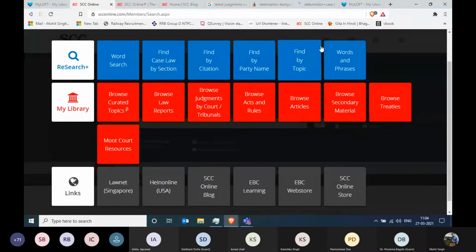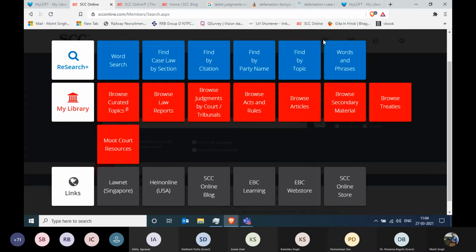I believe we also have the first year batch with us. For the first year batch, most of you will be getting the citations from your professors, will be getting the party name from your seniors, and you will also be doing some research. But most of the time, whenever you're doing the research, the most important question is what should we write in? If we are looking for some case laws, but we are not getting the actual words, then how can the software help us? The software can still help you.